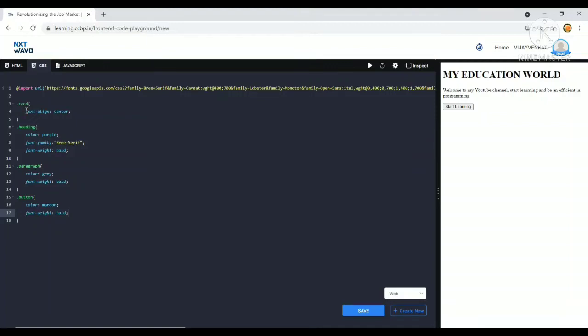So this card is called the selector name, and in between the flower braces, this text-align is called the property name, and after the colon, where I have given a space, this center is called the property value, which we assign to the property name. So you should follow these rules strictly. If we fail to follow any one of the rules, the code will not